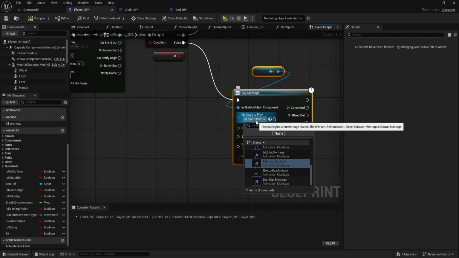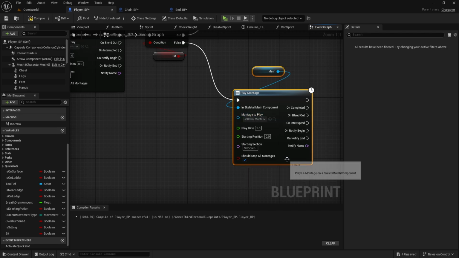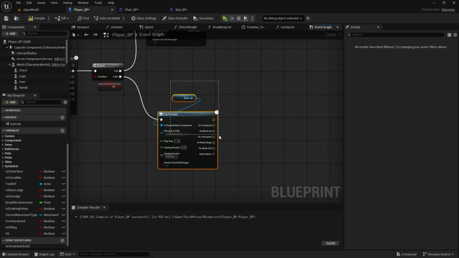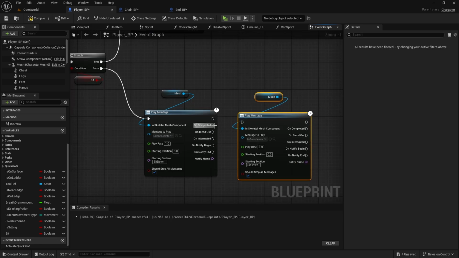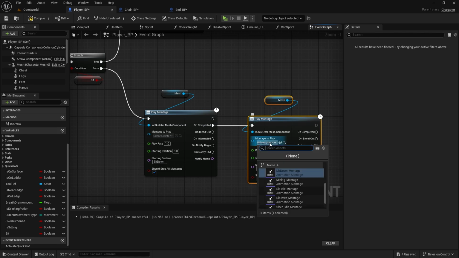This will be lie down. And then the second one will be on completed. So once the first one completes, we're going to play sleep idle,